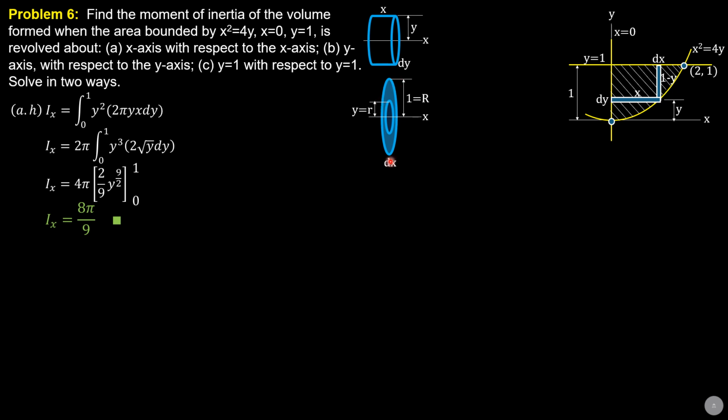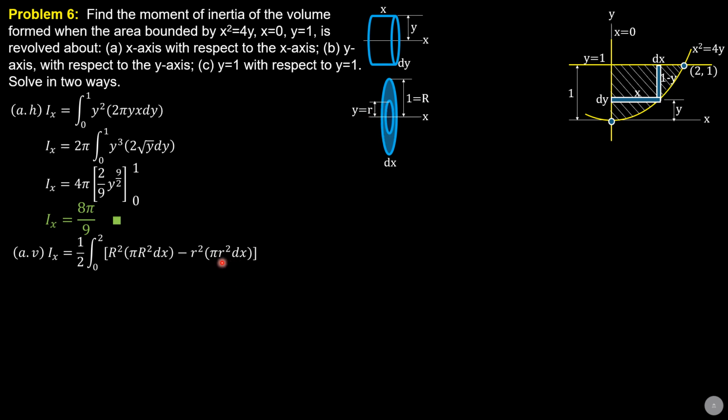Then for this, it is pi over 2. I'll just derive it first. Ix equals 1 half integral 0 to 2 of bigger radius R squared. Remember, 1 half r squared times differential volume. This is the differential volume of the outer: pi big R squared dx, where dx is the thickness, minus the hole here, where small r is the radius, and the differential volume is pi small r squared dx.